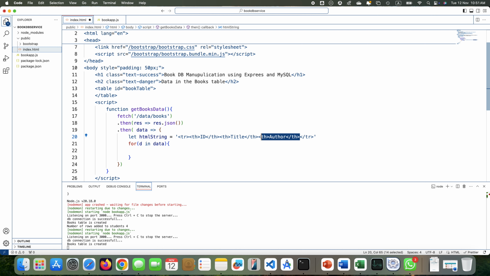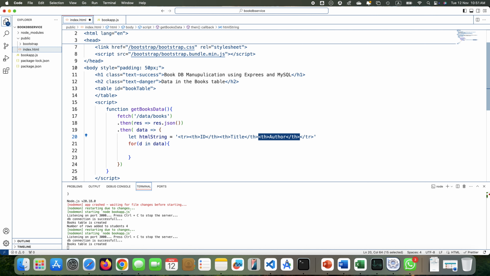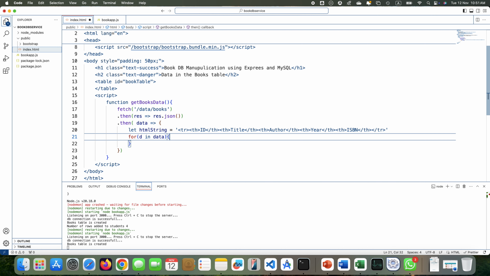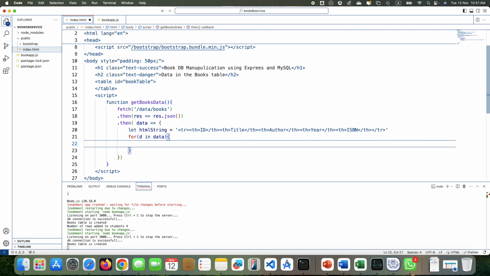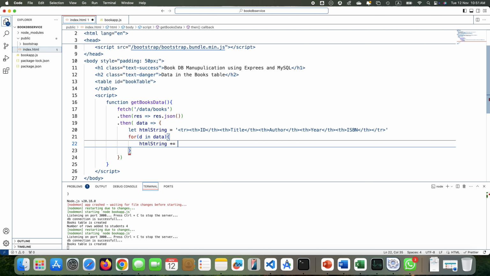Let me Control Z, yep, Control Z, Control C, Control V. This is our year, and then we have a ISBN. Okay, and then here what we need to do, we say HTML string plus equal to, and again I am using